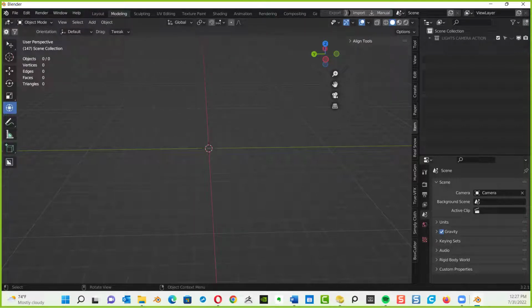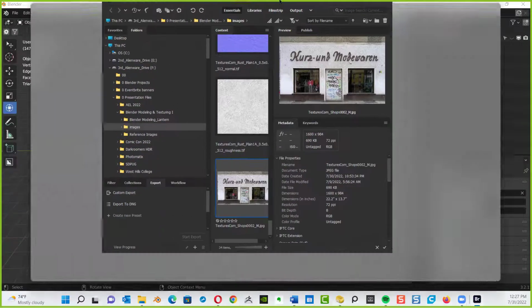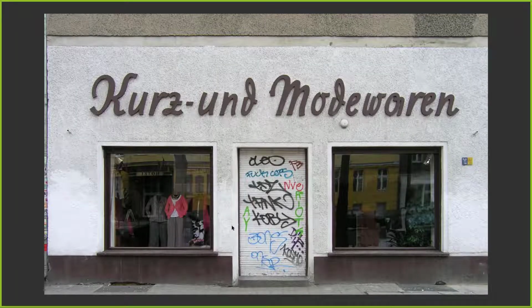Now, I'm going to bring in an image. Let me go over here, let's see if I should have Bridge open here. There we go. All right. I asked you guys to download some folders on Google Drive. And I've got those same folders here. And I'm going to open up that image right there. I want to open up this image on a polygon with the image already mapped on here. We're not going to get into texturing just yet. I want to show you a quick little way to handle this.